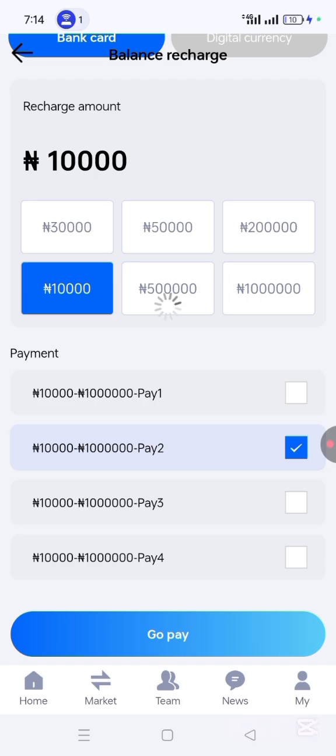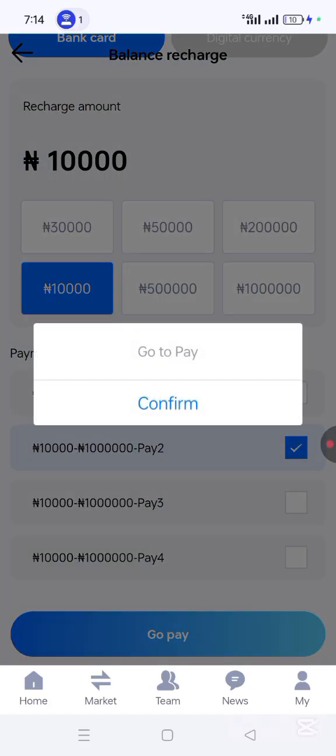Then when I click on go pay, they have already started trading. It's already 7. I will confirm. As I confirm now,